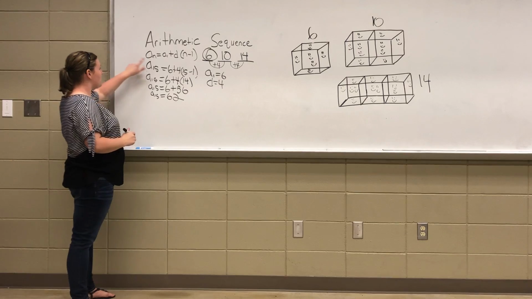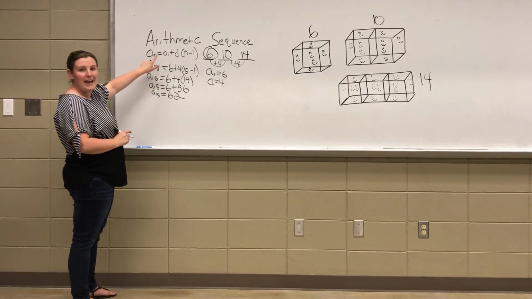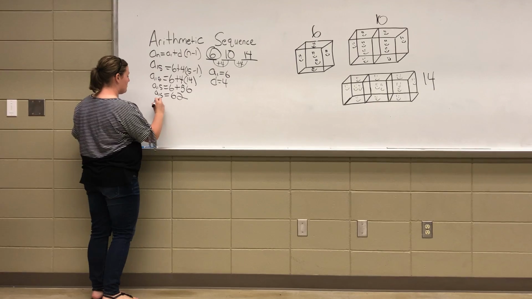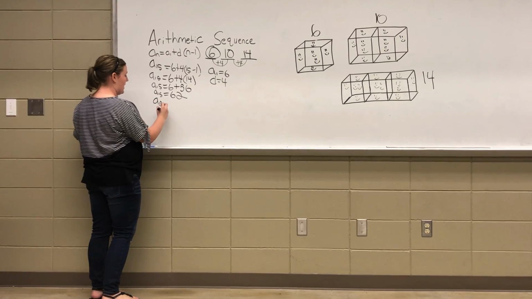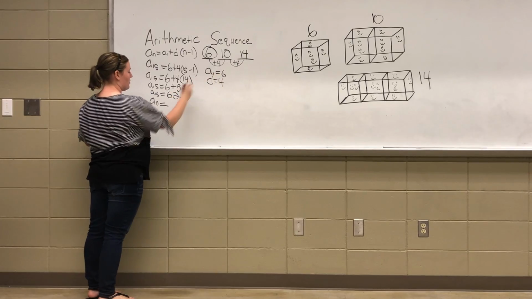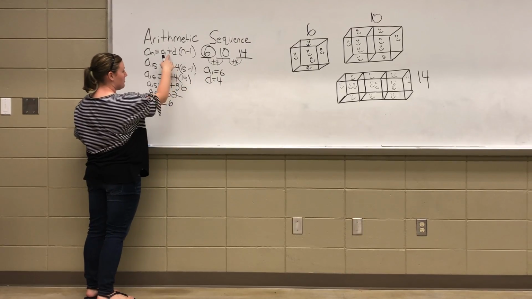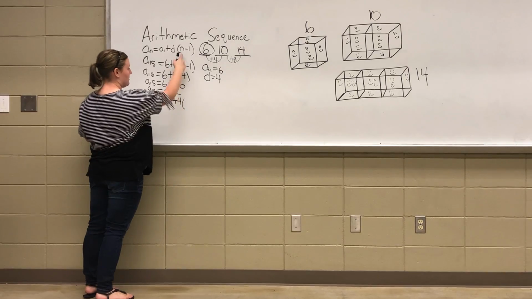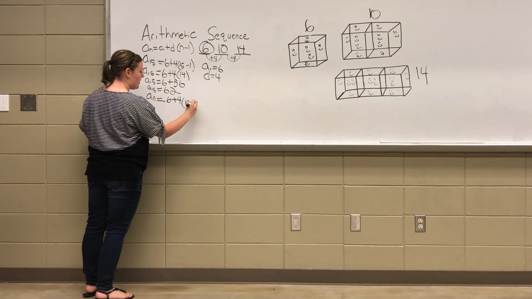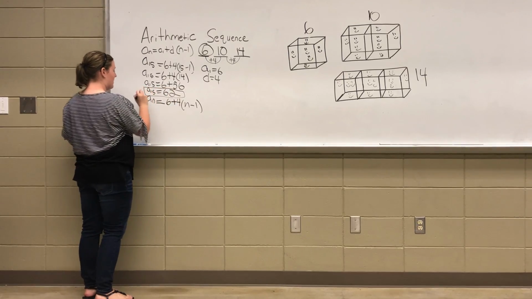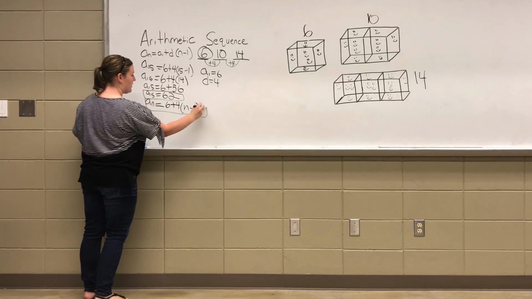Awesome. So now we just want to find the nth figure, like the question asks. So all we're simply going to do is go A sub n, because we want the nth term. And we want A sub 1, which we know is 6, because that's our first term, plus d, which we know to be 4, times n minus 1, because that's what we're solving for. So here is our 15th figure, and here is our nth